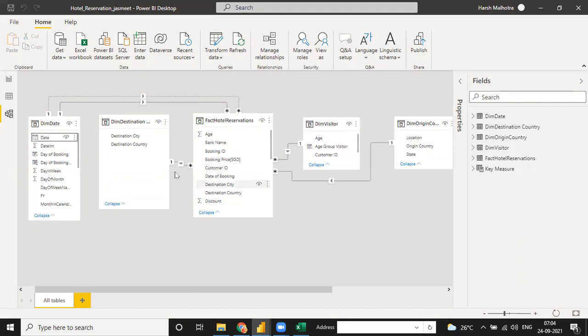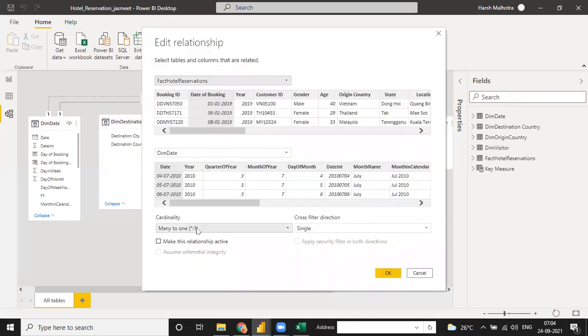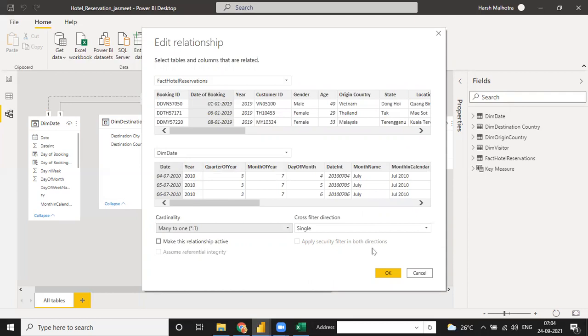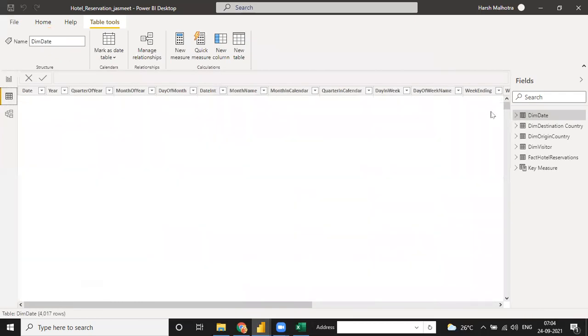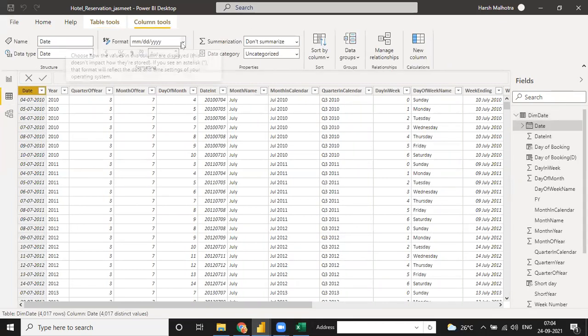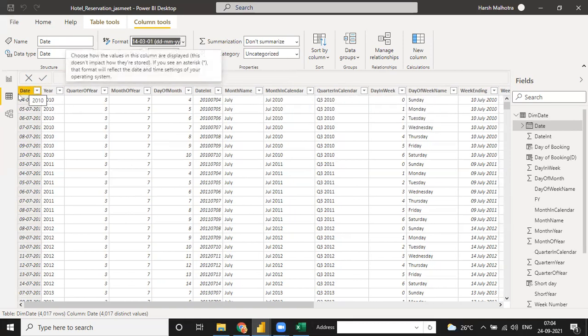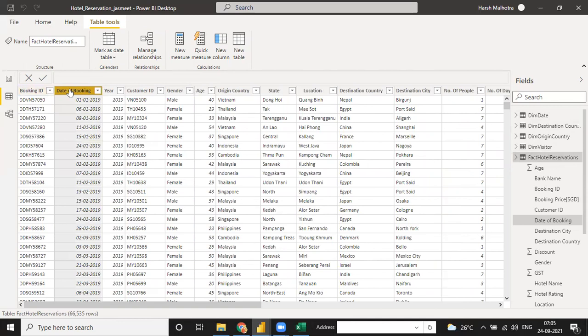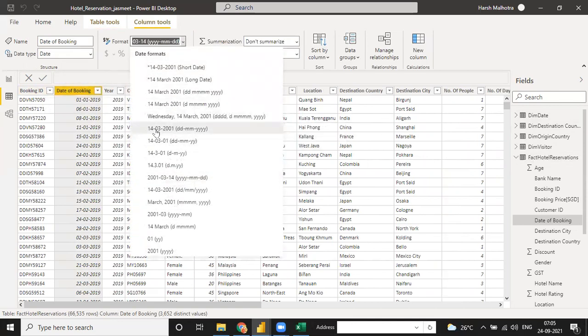Okay. Or it is also inactive. The date format should be the same for all those.